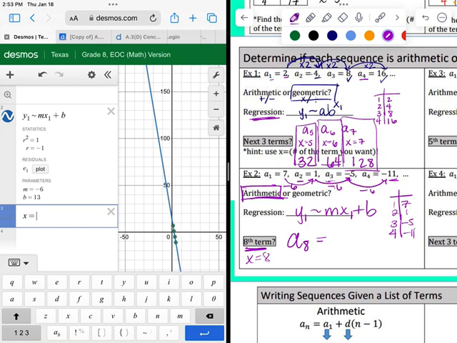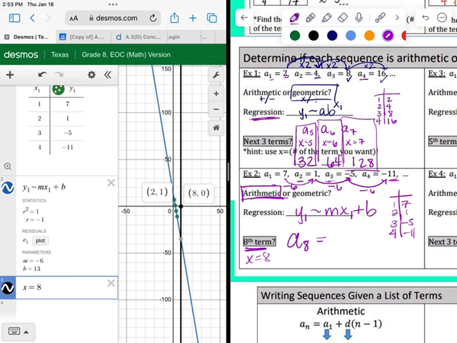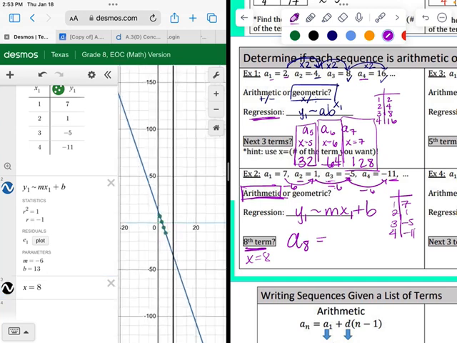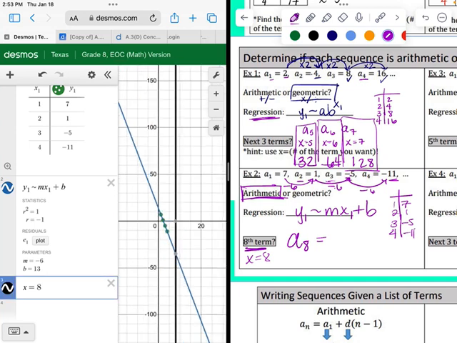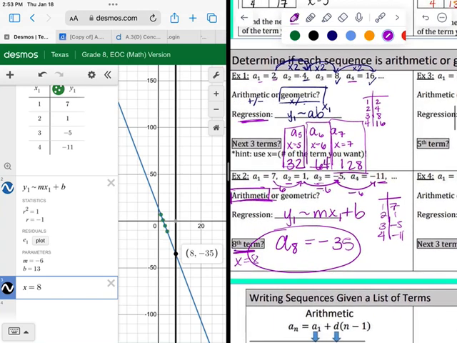check where that is true. So let's see, x equals 8. Yes, I have this gray dot right there, but that's just where it's crossing the x line. I want to check where it crosses my blue line, this one. So -35. So that lets me know if I keep on doing -6, -6, -6, the 8th term should be